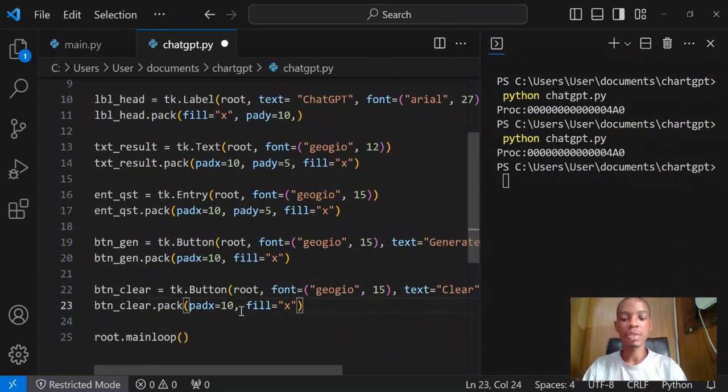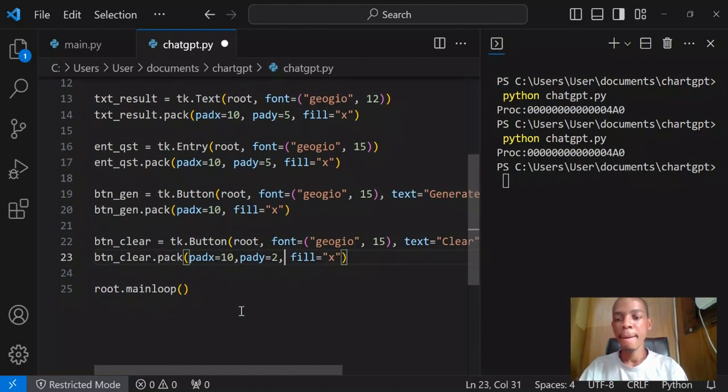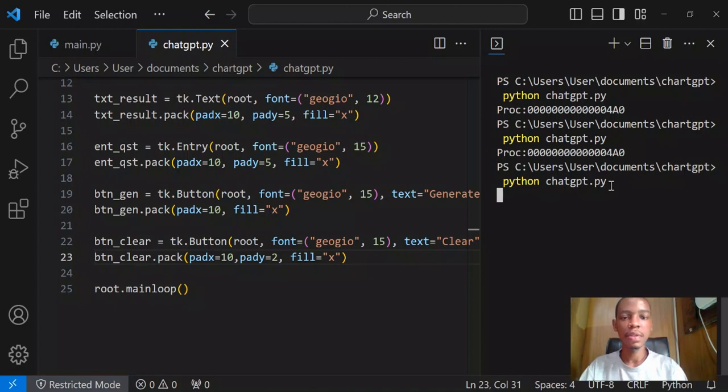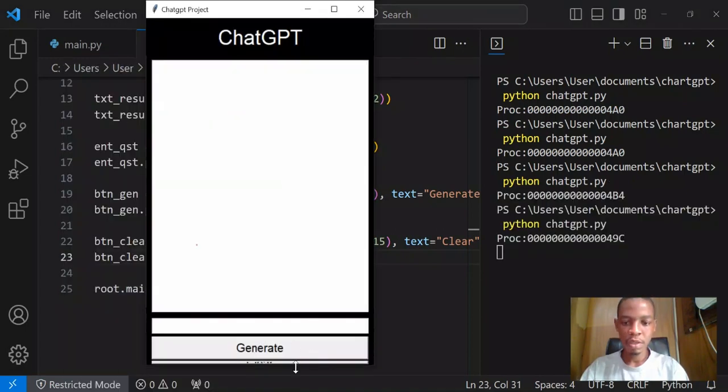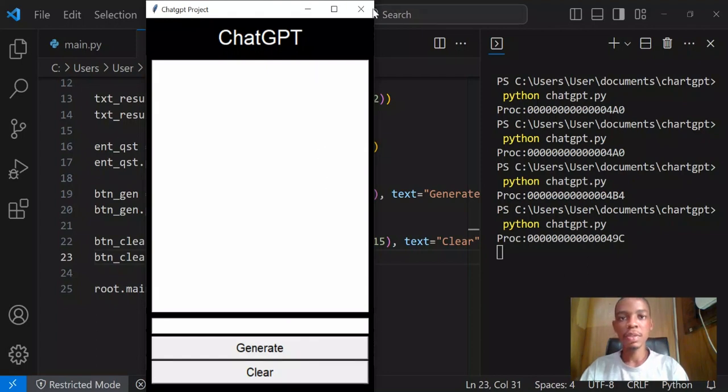I think I have to pad y so that they won't be too close. Pad y equal to like 2 so that it won't be too much, and I believe that should be all for the layout. Okay, so that's all for the layout now,